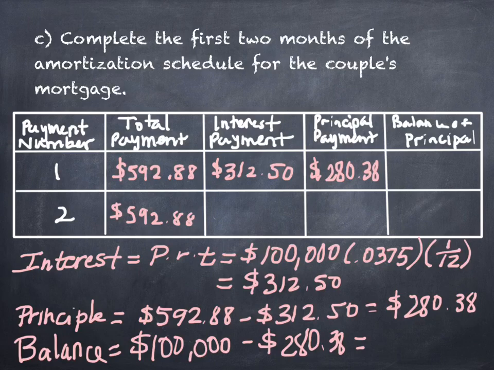The last box in it says balance of principal. It's the balance that you owe on the loan. What does this give me? 99,719.62. Did I hear that right, Mackenzie? Awesome. So after 1 month, you no longer owe anybody $100,000. That's good. But you still owe them $99,700. Maybe not so good from that perspective. You still owe, but you don't owe the $100,000 anymore.